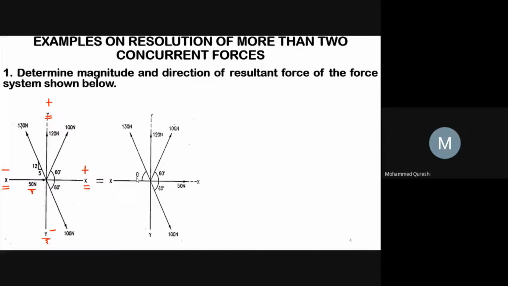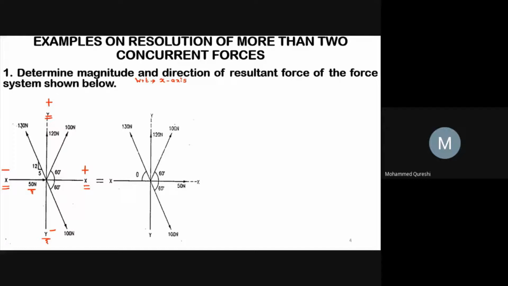So now remember one thing, most important thing, that always take the angle with respect to x-axis only. This method is also known as part angle method. This one will be easy for you for solving the examples on resolution of more than two